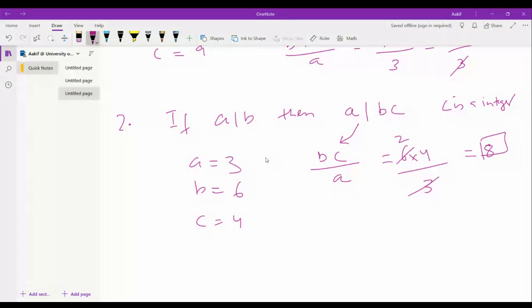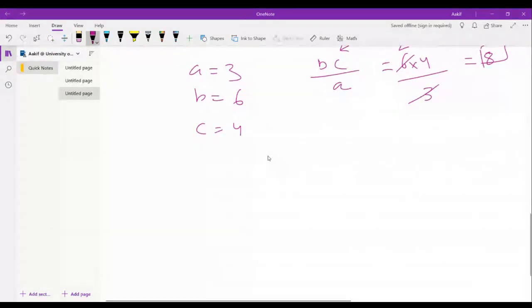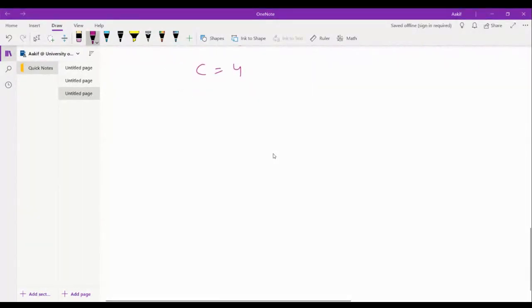Now let's have a look at the third case, which is if A divides B and B divides C, then A will divide C. So this means